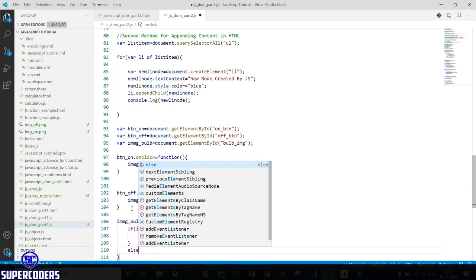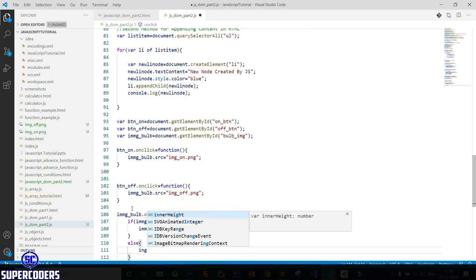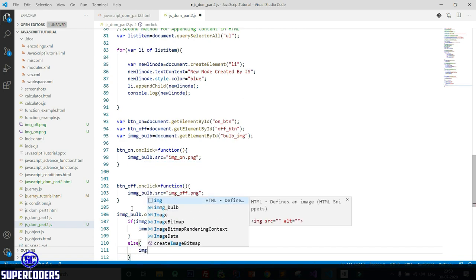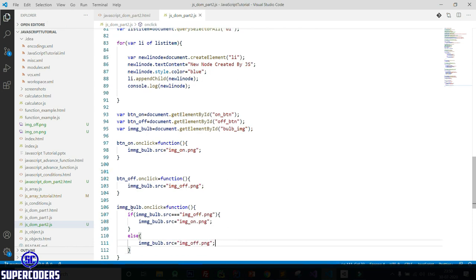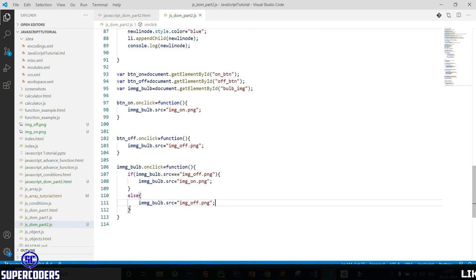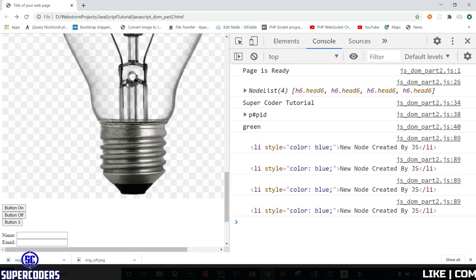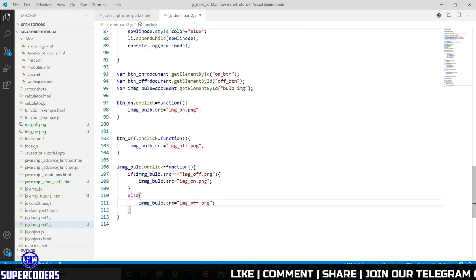In the else condition, change it to image off dot png. Now let's see, refresh. If I click on this, now if I click on this, okay, it's not working.